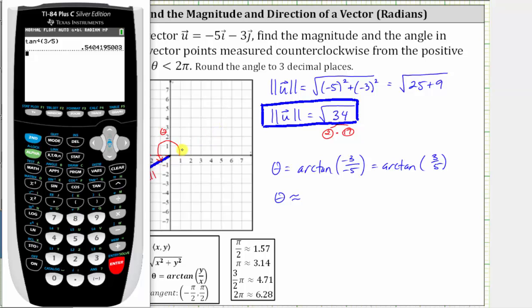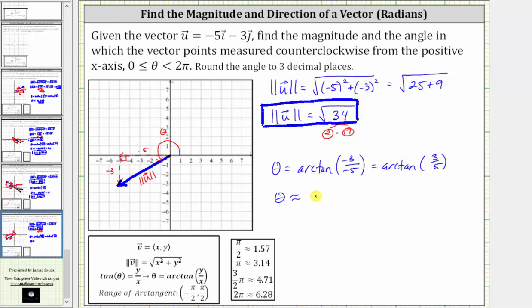This angle is in the first quadrant that has the same tangent function value of the angle we are looking for. So let's go ahead and write this down. Again, we have approximately 0.540 radians. So the angle that we just found is this angle here in the first quadrant that has the same tangent function value as our angle in the third quadrant. And because it has the same tangent function value, it must have the same reference angle, meaning this angle here must also be